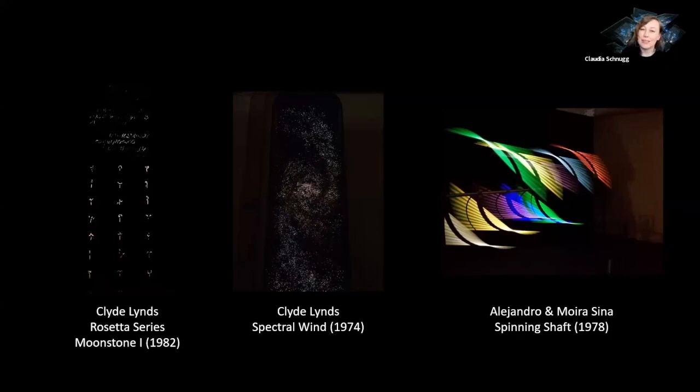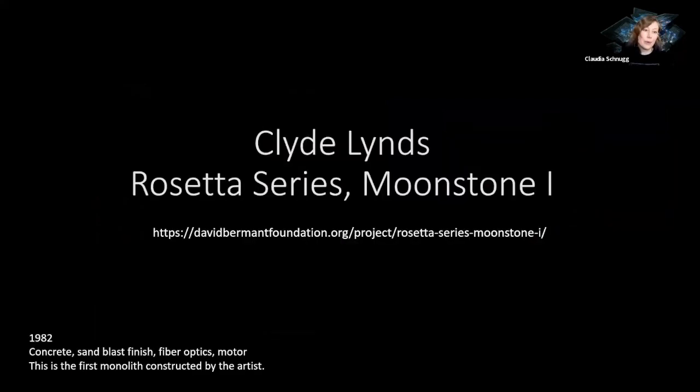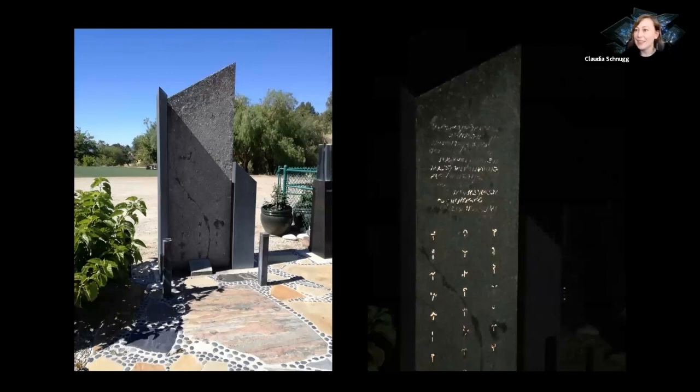So I thought it's a very good connection to the work that I want to introduce too. So the first piece, Clyde Lynn's Rosetta series Moonstone 1, is from 1982. And here is actually a few images that I took in 2017. So I immediately fell in love with this monolith actually in front of the house,